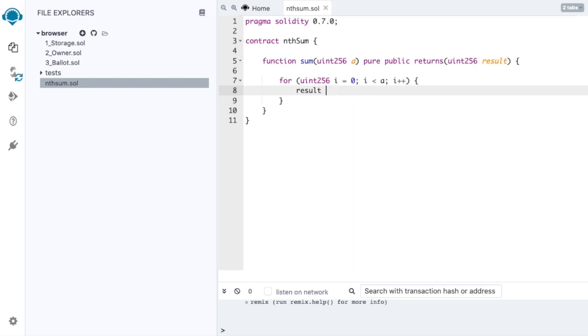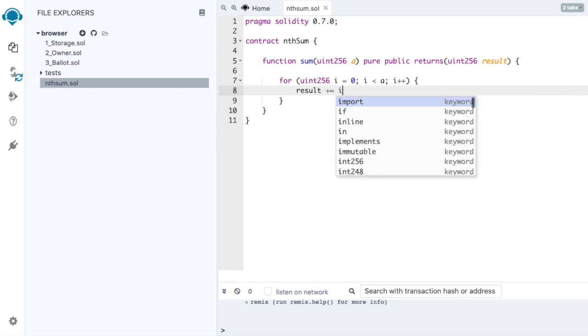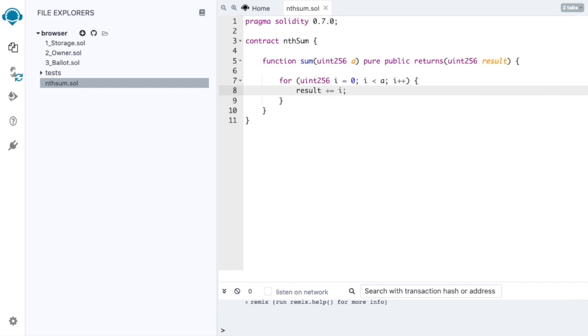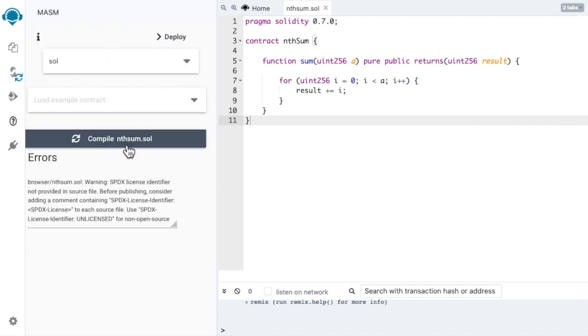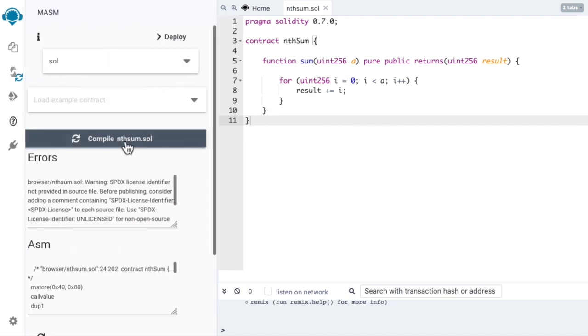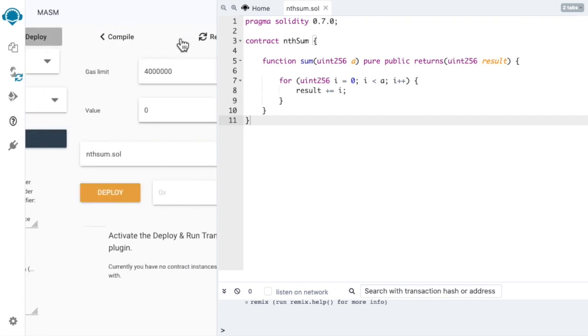So, there. This is it. This is also what a 5-year-old child nowadays would come up with without knowing the nth partial sum formula for natural numbers. But now, in the land of programming, we can compile this function with the MacroAssembly plugin, and we can deploy it